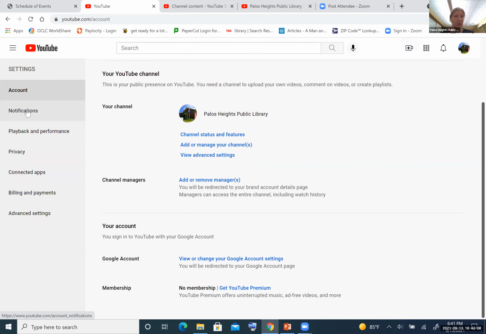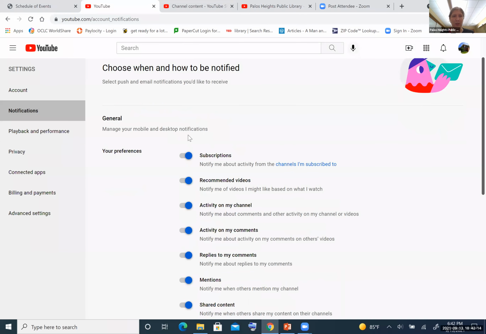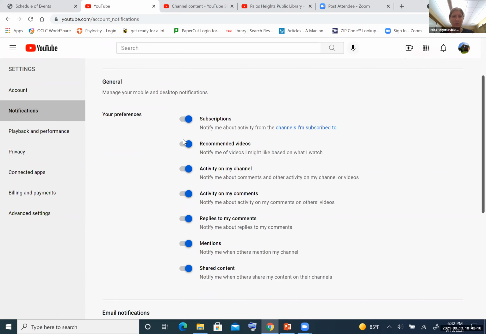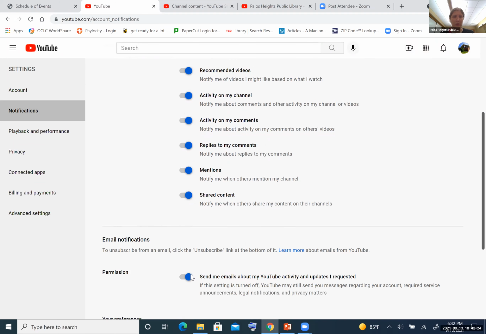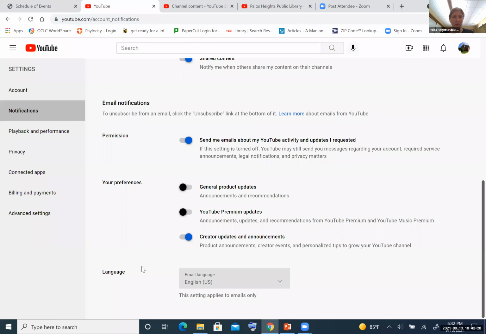This is also where you can find notifications, where you can set your notification settings. So you can get notifications when you get subscriptions or comments on your videos if you want, and also email notifications as well. And you can set the language for your YouTube account as well. Here's also where you can find privacy.